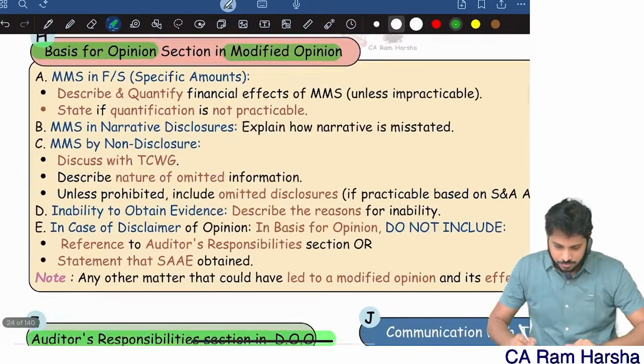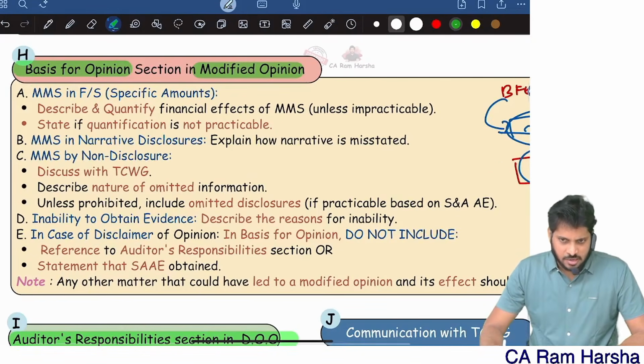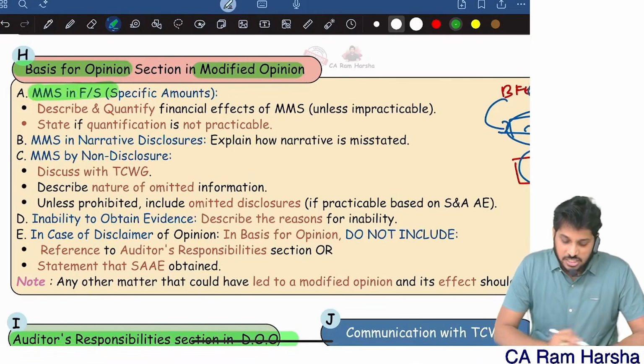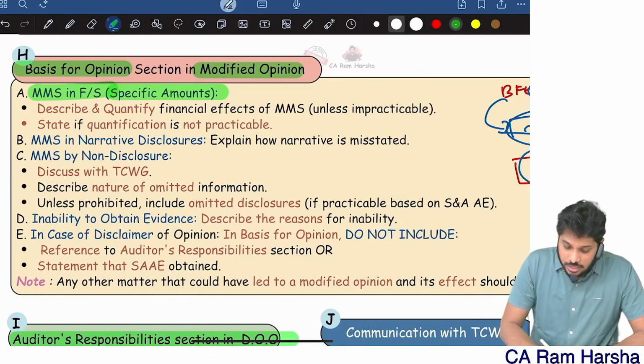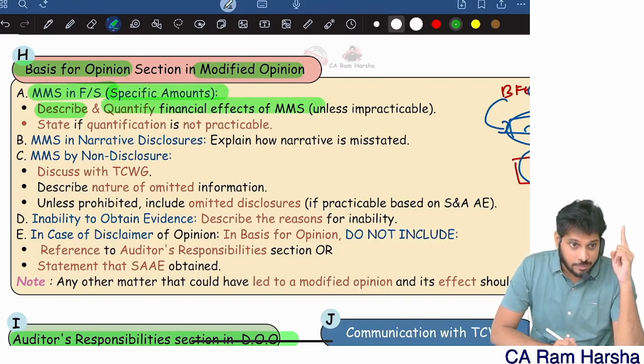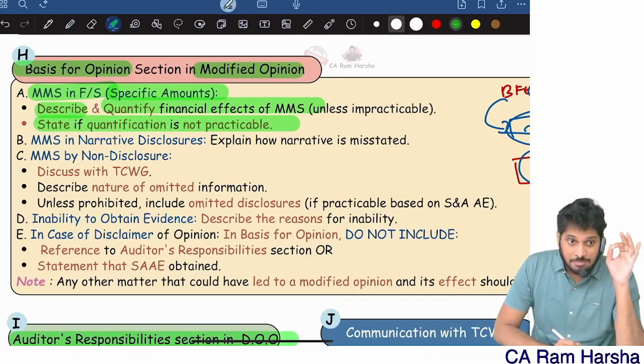Here, now, basis for opinion. Suppose you are modifying the opinion because of a material misstatement in the financial statements, that too of a specific amount. How should you modify? Describe the mistake, quantify the financial effect. I showed the qualified opinion, basis for qualified: inventory is misstated, the amount of inventory, quantification. If quantification is not practicable, we should state that it is not practicable.